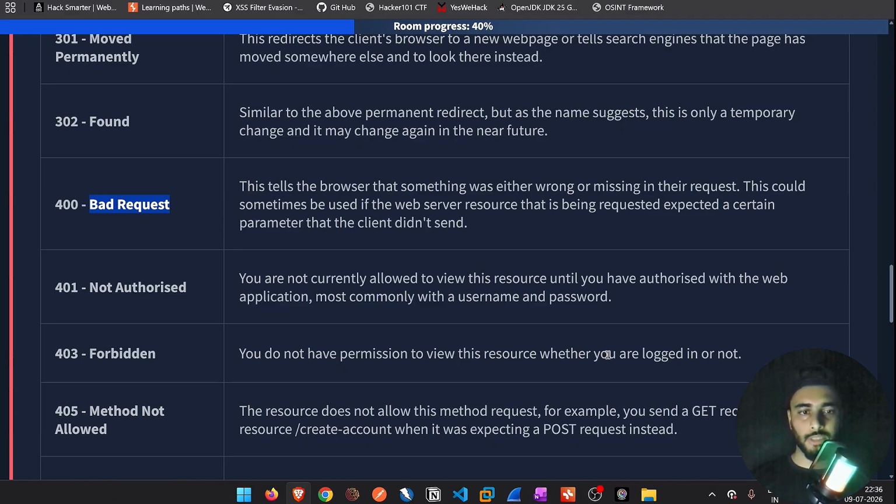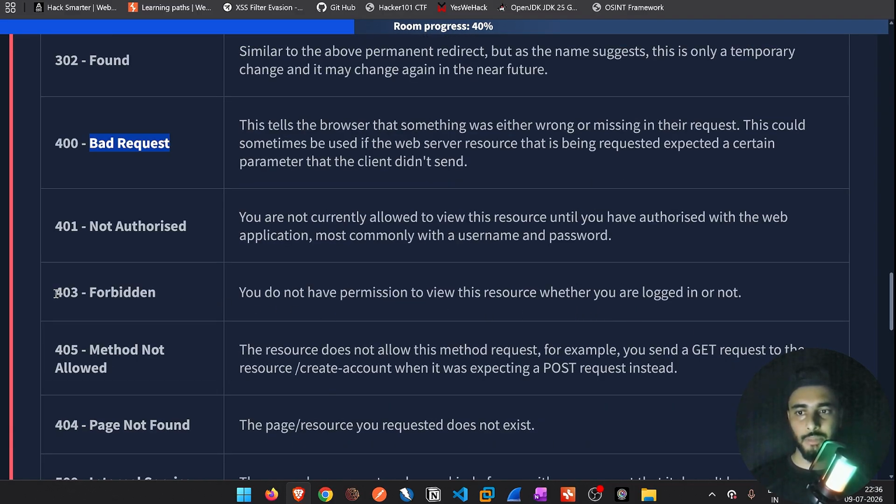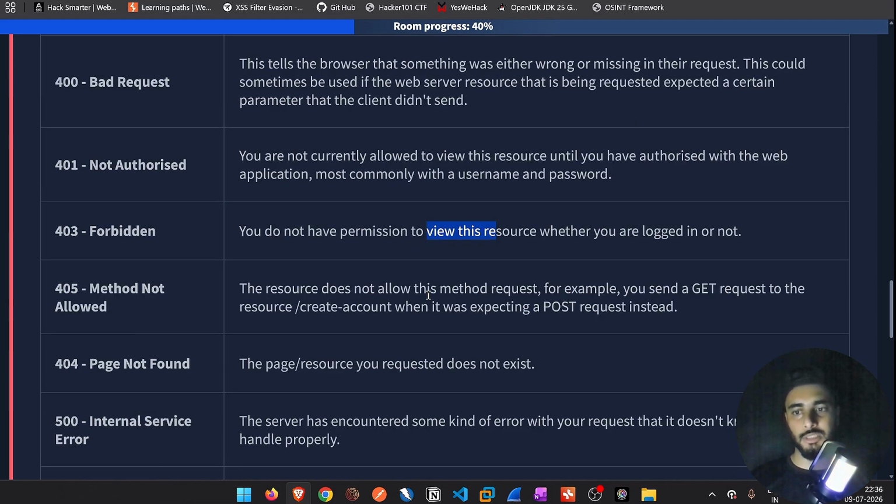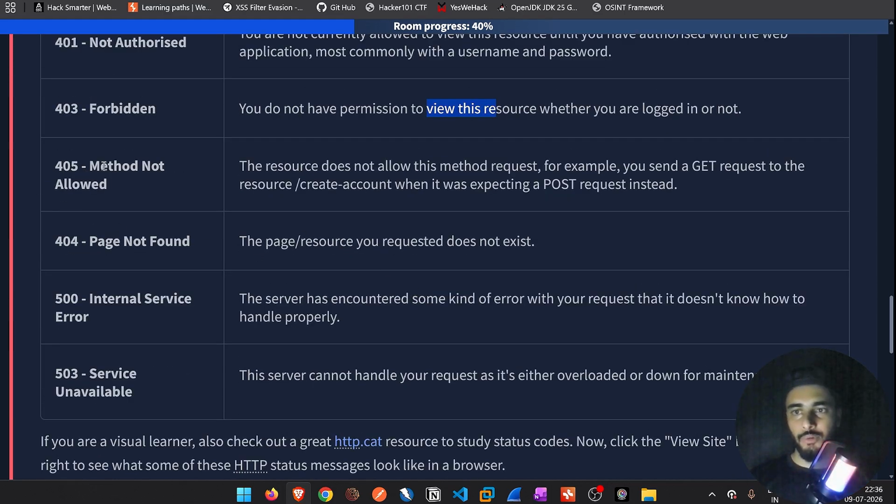403 that is forbidden. You do not have permission to view this resource whether you are logged in or not. तो मान लीजिए आपके पास 403 आता है, तो चाहे आप लॉग्ड इन हो या लॉग्ड इन नहीं हो, वो रिसोर्स आप एक्सेस नहीं कर सकते हो।